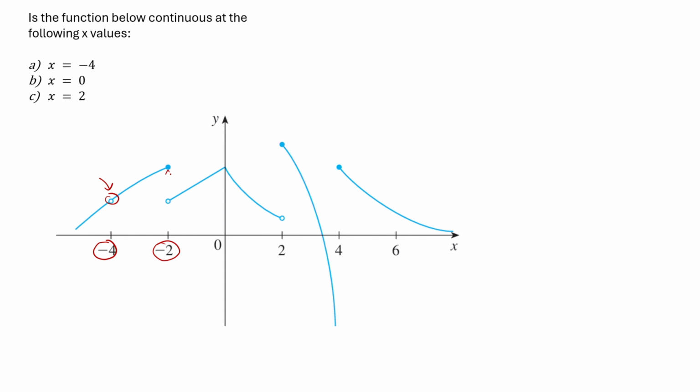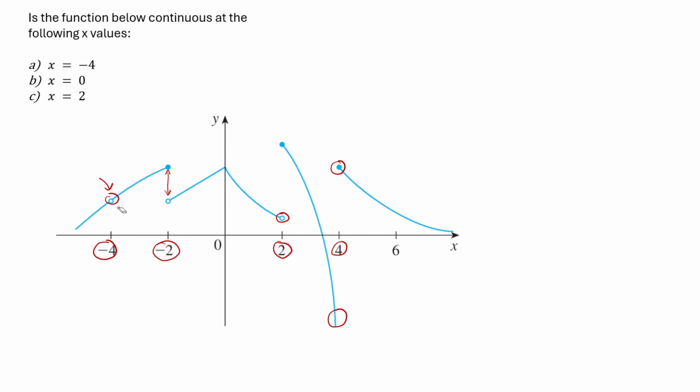You can see that one graph is on top of the other, but this is the same function. That's a discontinuity. When x is equal to 2, you can see that they are open circles. That's a discontinuity. When x is equal to 4, you can see that the graphs are disconnected. You can see this is the graph. This is also the graph. It's at different positions. So that's also a discontinuity.